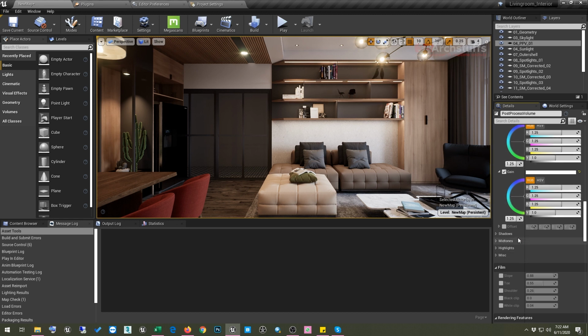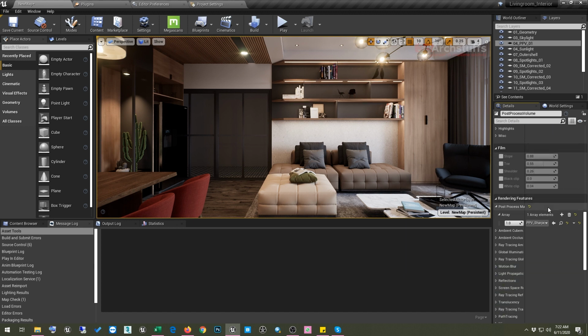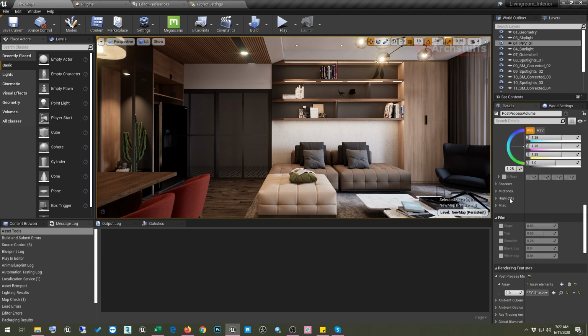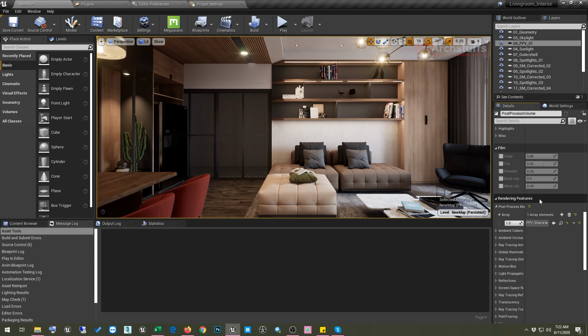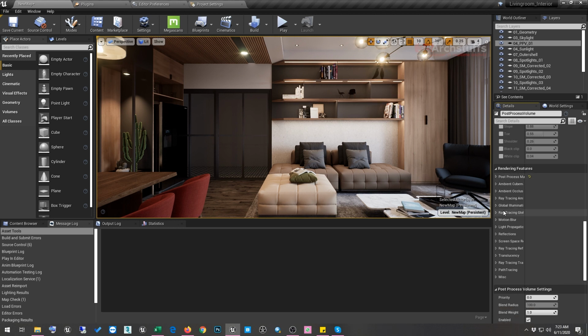So that you can get knowledge about what post process settings you want to give. After all those settings, what you have to do is make this scene into a ray tracing scene. Go into the rendering features in this post process volume, and then into ray trace reflections.